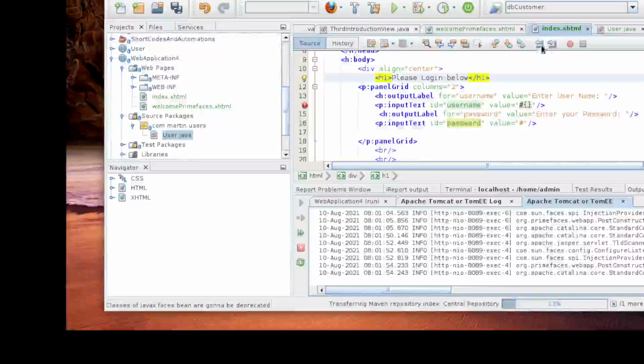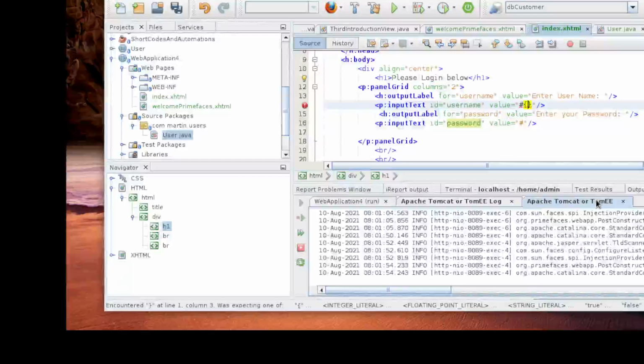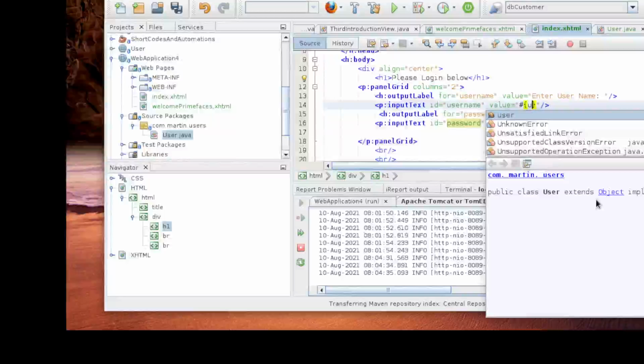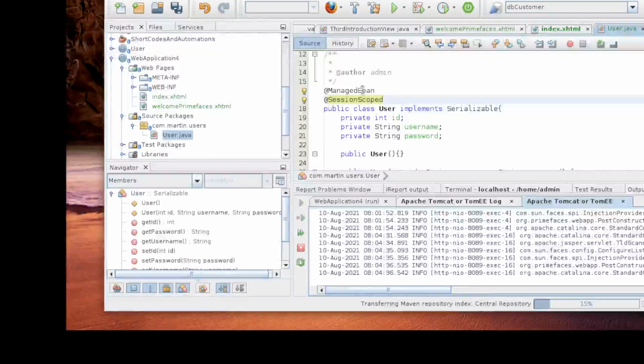Okay, so let's go to our field. Let's try now to access our user. You can see now it's available. If you don't specify the name of your managed bean up here, it just takes the name of your class in lowercase.